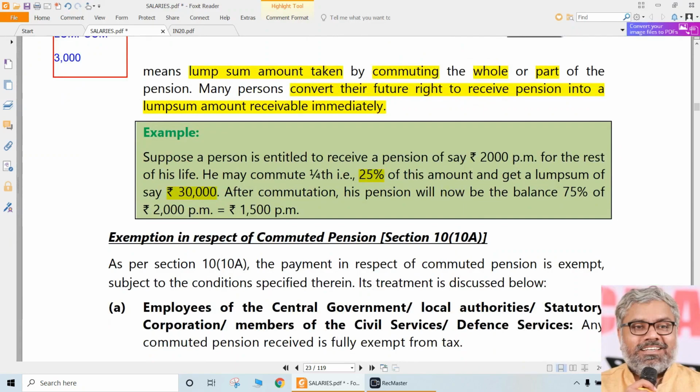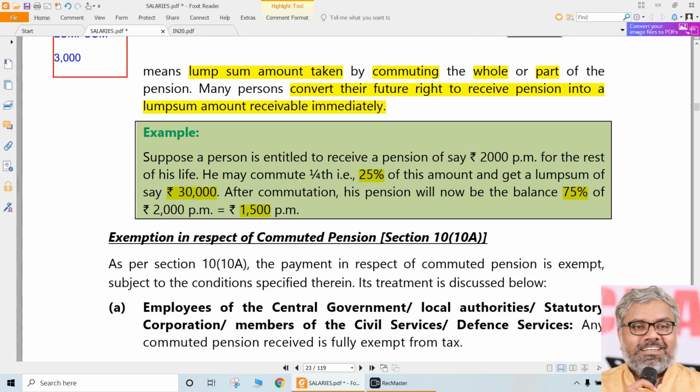So how much is the commuted pension in this case? 30,000 rupees. Is it per month, per annum, something? No, it is a lump sum payment, a one-shot payment. So 30,000 rupees, that's it. He received it as a lump sum upon retirement. That is commuted pension. Now the question comes, how much would be the uncommuted pension? Because he has commuted 25%, 75% will be uncommuted pension. 75% of 2000 will be 1500 rupees per month. What is the tax treatment of that? Fully taxable. Is there anything else to understand there? Nothing. Fully taxable. So uncommuted pension of 1500 per month is fully taxable for that person.